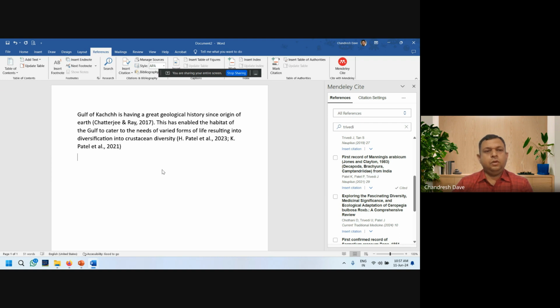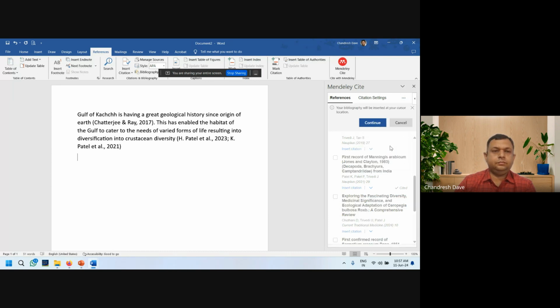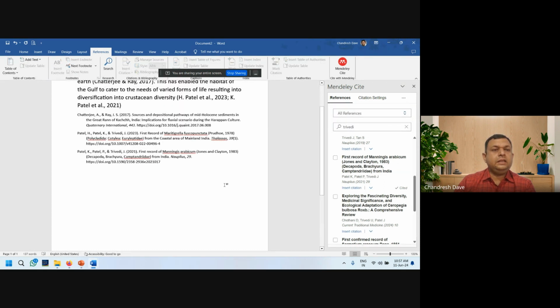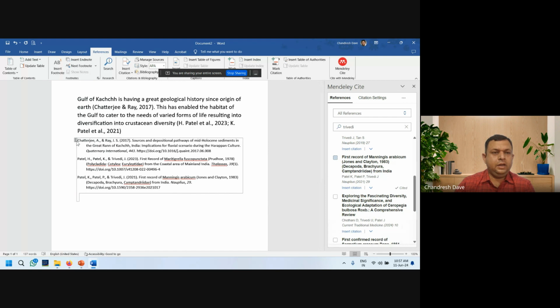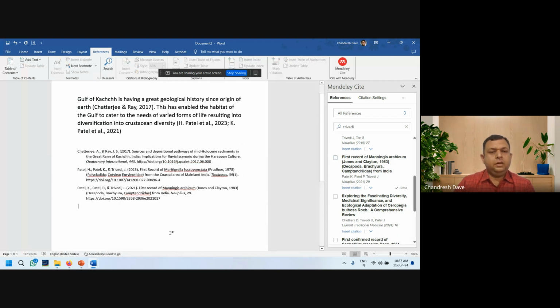So what I will do is go to settings, insert bibliography. It will generate the bibliography at the location of the cursor where I have placed it.